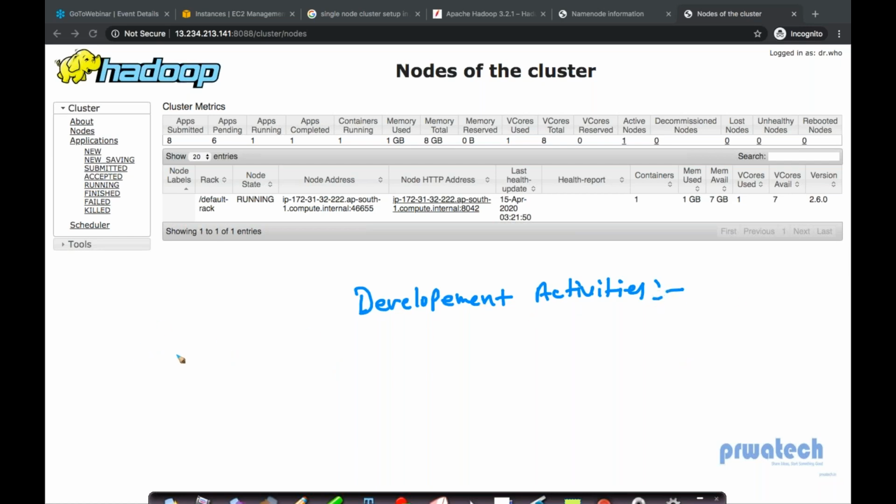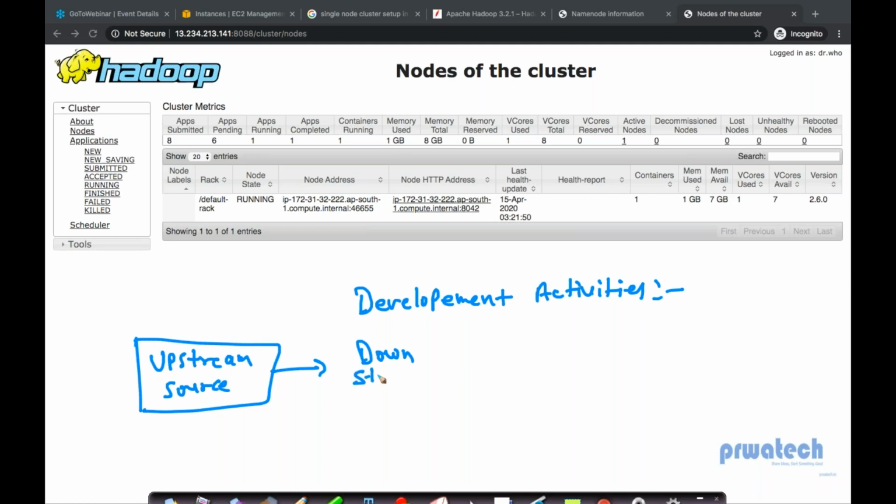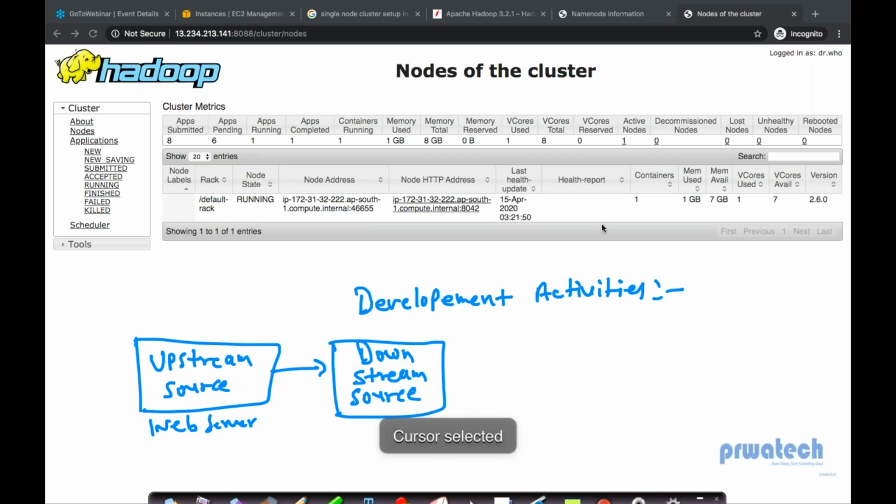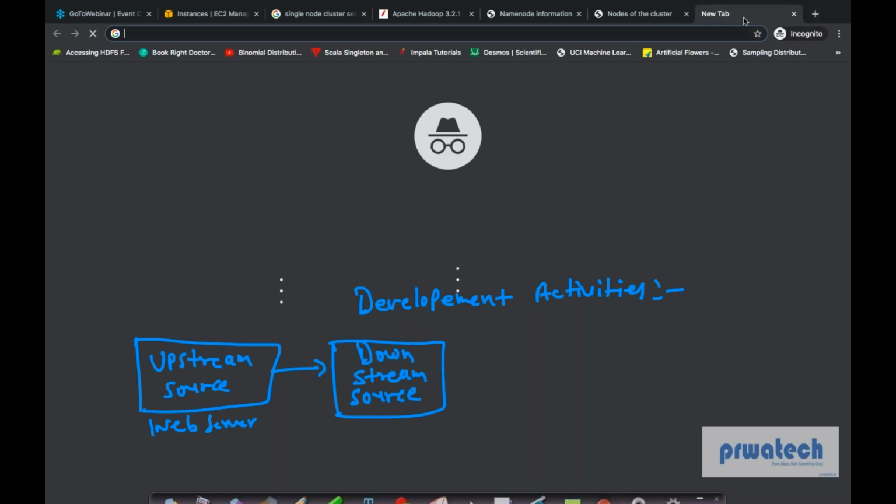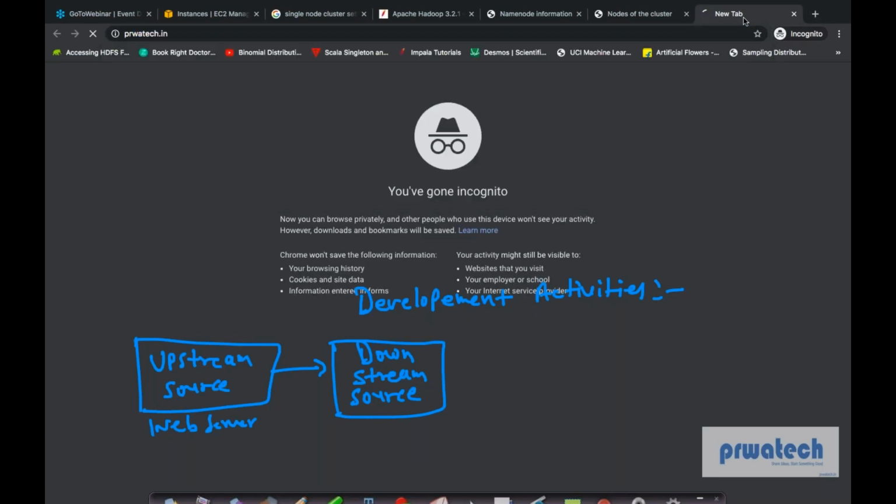If you remember, in real time, your data is going from upstream source to downstream source. Upstream source is nothing but some web server, right? I'll give one very quick example. Let's say you go today to powertech.in, you're practicing